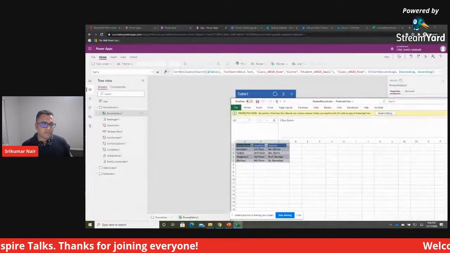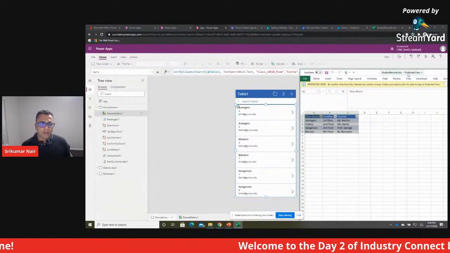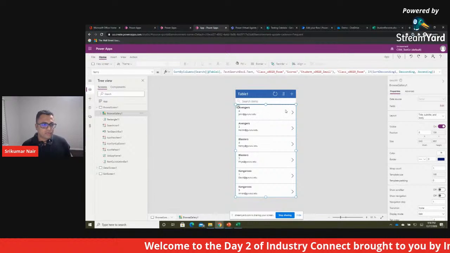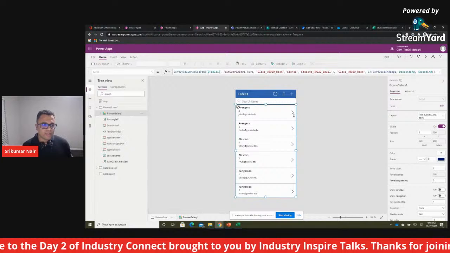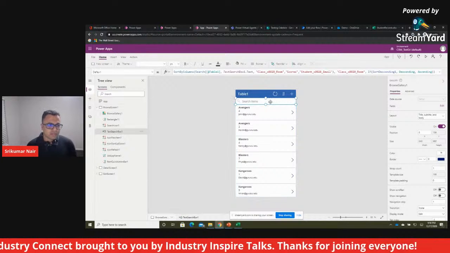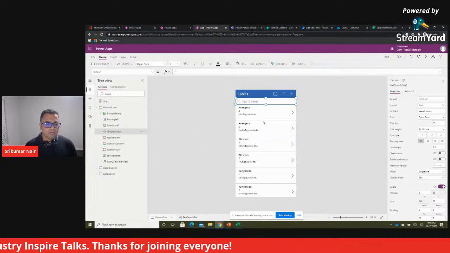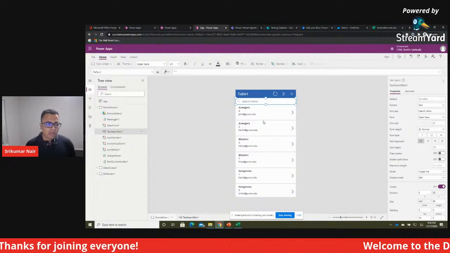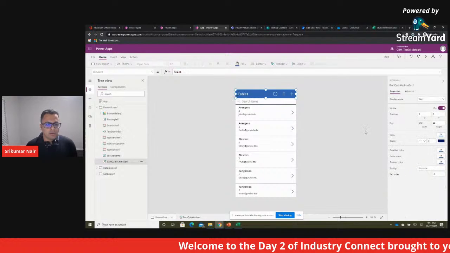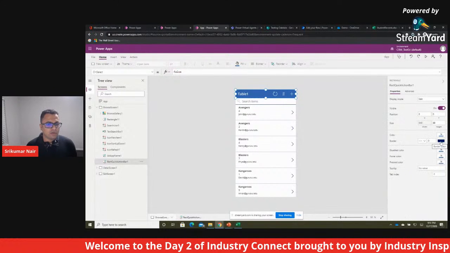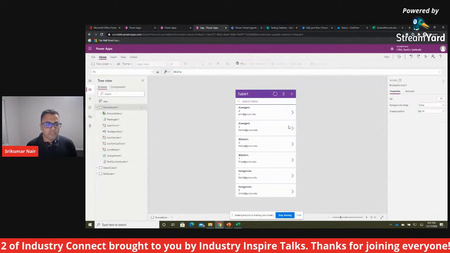Let's keep it side by side to make sure this is the same data we are looking at, right? And let's quickly jump into what it has done. Not a single line of code has been written, and the app is ready for you. You can straight away get these experiences. And by the way, this is what we call the Maker Studio, which is where you will create your apps. Now half of the work is already done, but if you don't like the colors and stuff, very much like your PowerPoint or Word documents, you will be able to change your colors here, very much like this one.